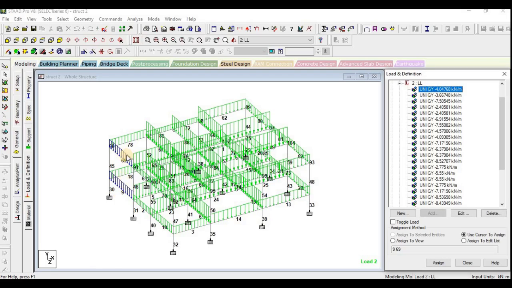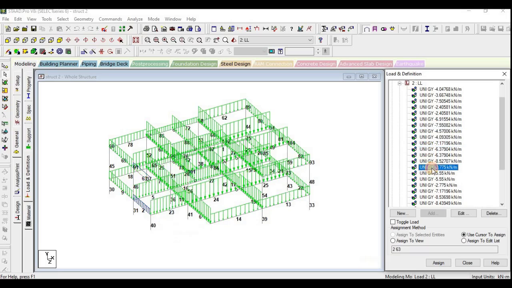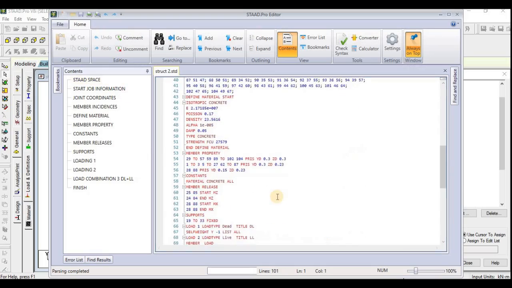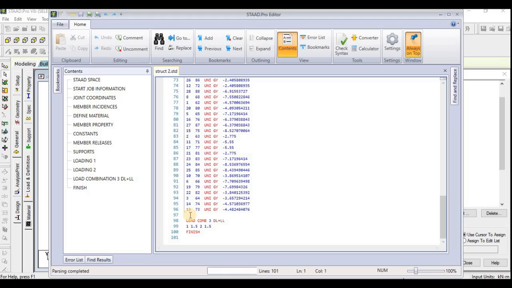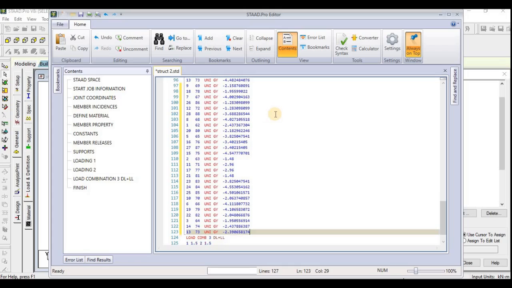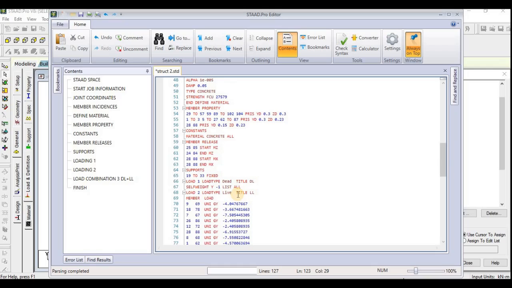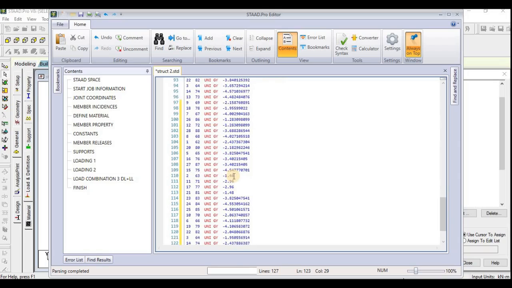Before we do this, you can view the load. See here, in the same member there is load. When you look at this, you can see what the loads are here. It is acting in all the beams. Similarly, open the STAAD editor. I have copied it, just paste it after this load. So you have calculated the dead load of the slab, and again the live load acting on the slab as the live load for the beam.